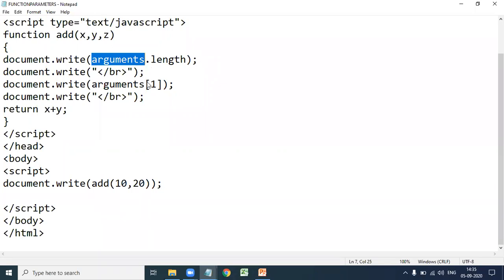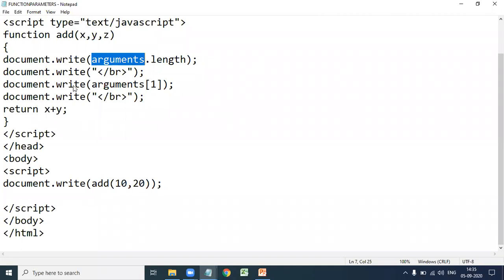Next, arguments of 1 is used to access the actual parameters. So document dot write of arguments dot length gives the output for 10 comma 20, that is 2.